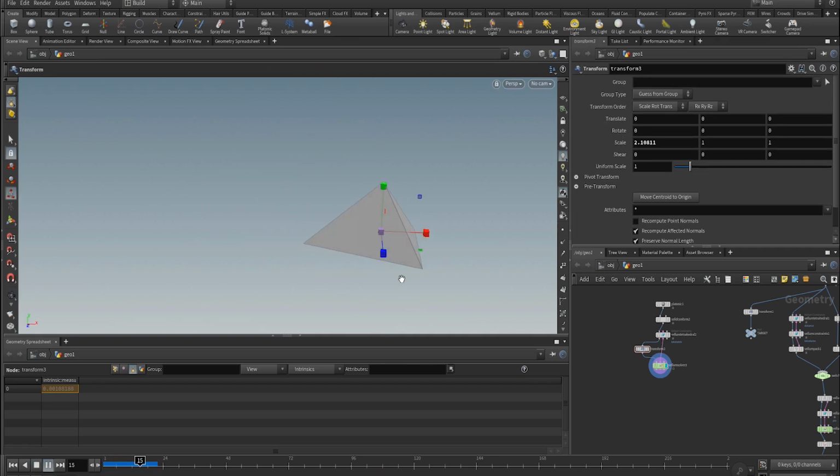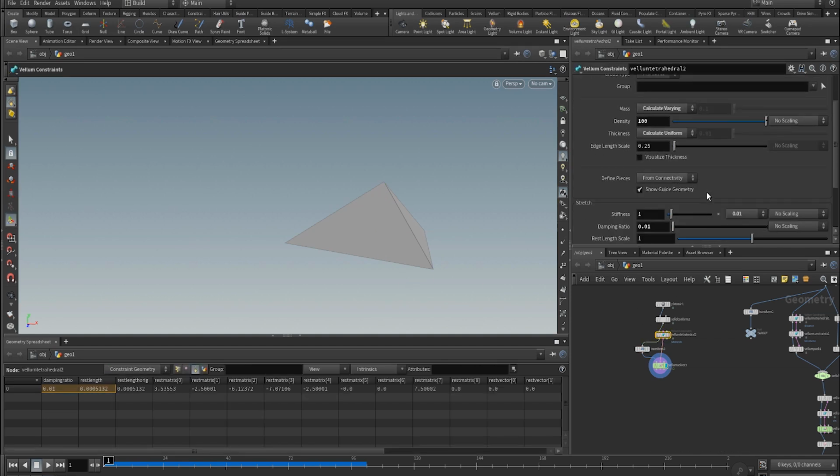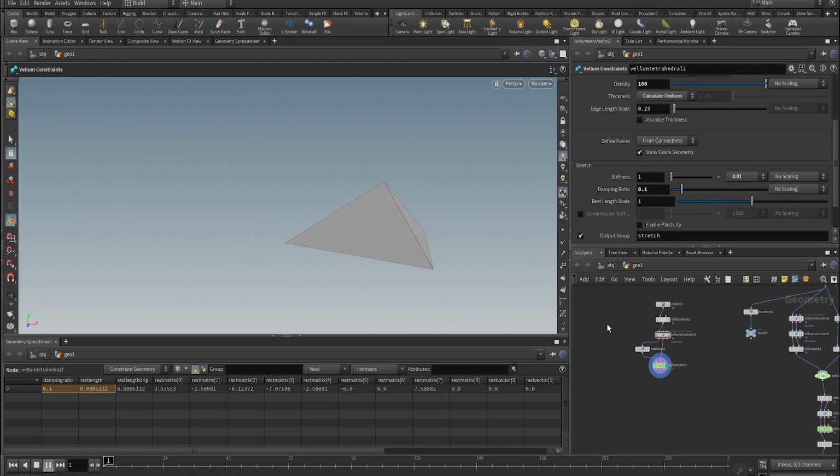So this is essentially like a shape spring. It's a spring that wants to go back to its original shape. And a couple of interesting things here: we can turn the damping up, and so it'll restore its shape much slower, or we can make it a much stiffer shape spring, so it'll go back to its original shape very quickly. So this is the main function of the constraint, just to restore the shape of the original